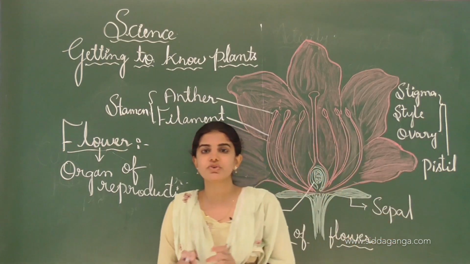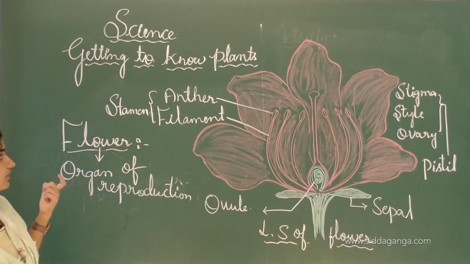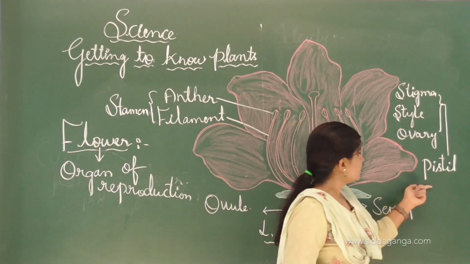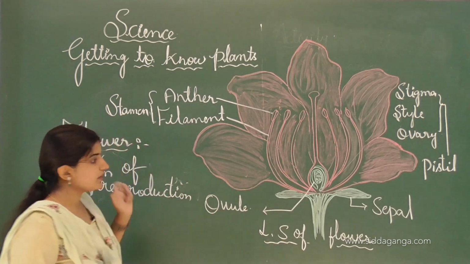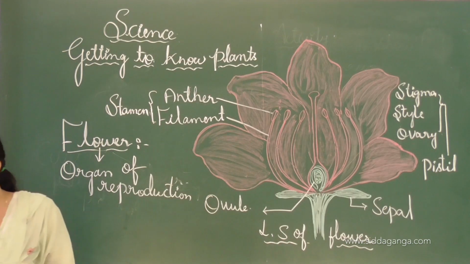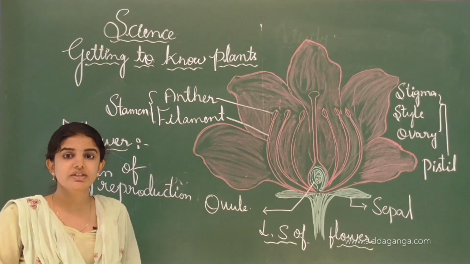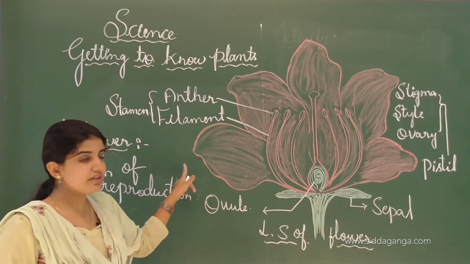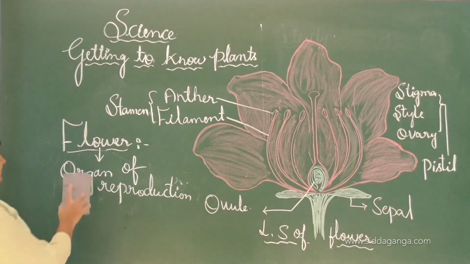These are the reproductive organs present in the flower. When the pistil bears pollen, and it comes in contact with the stamen, it will produce a fruit, and this is how we can say it is the organ of reproduction. See, as I told you, leaves can be differentiated or divided into parts. In the same way, a flower has different structures and different parts, which we will discuss later.